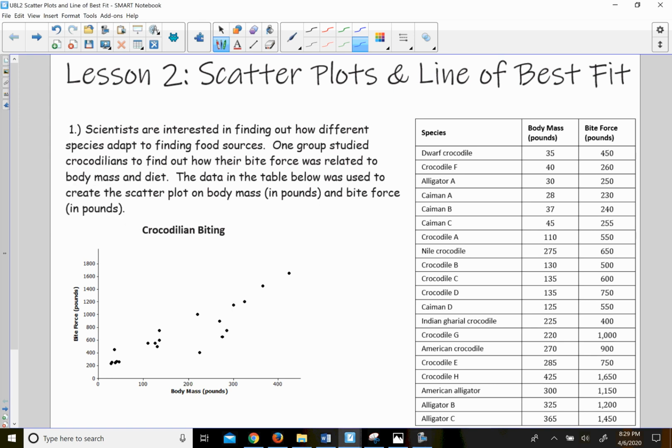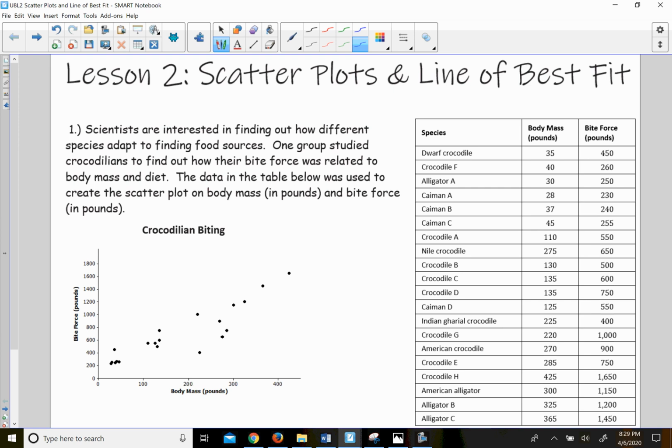Hi, 8th graders. Today we're going to continue with lesson 2 in statistics called scatter plots and line of best fit. So today the goal is to be able to look at scatter plots and draw a line of best fit, but take it a step further and be able to write the equation of that line that we drew for the best fit. So first question here says scientists are interested in finding out how different species adapt to